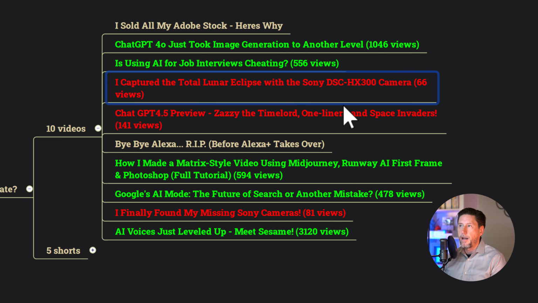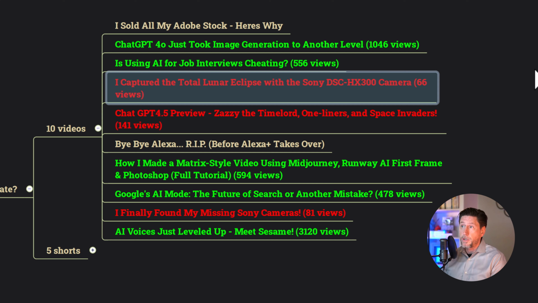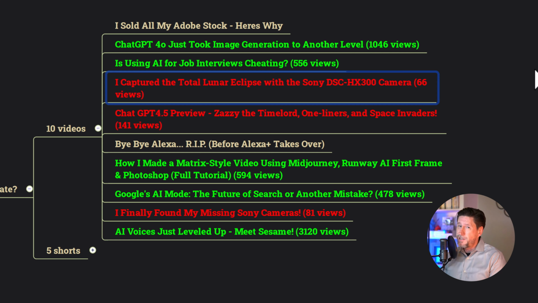The ones that I like, let's do something practical with this. What did I learn from this? I captured the total lunar eclipse with the Sony DSC HX300 that not a lot of people cared about. Now, some of the people who watched it may care a lot, because this channel started out as a HX300 channel with a lot of videos that I had produced that have a lot of views, but only 66 people watched. And I was using that as kind of a litmus test to determine whether or not I should take the time to do more videos for what is arguably a very old camera, because I want to make sure that I'm giving the community what they want.